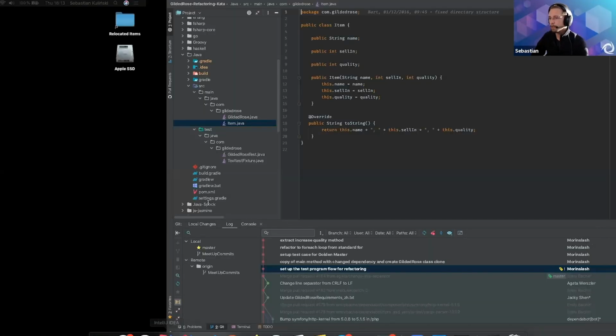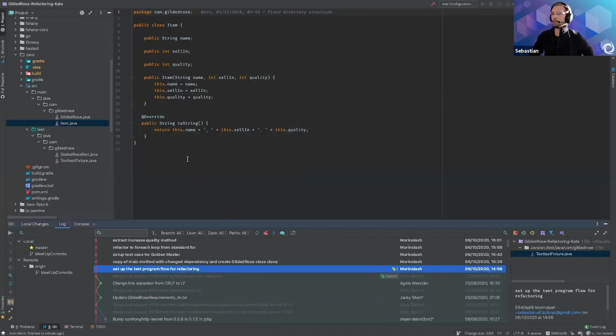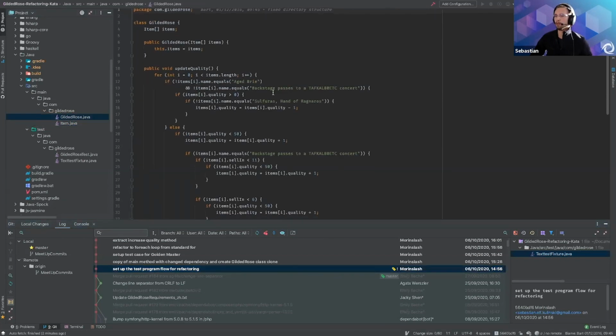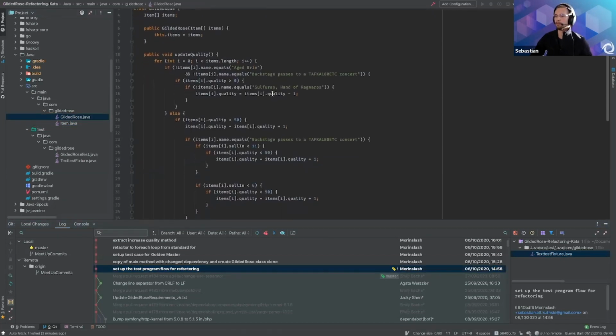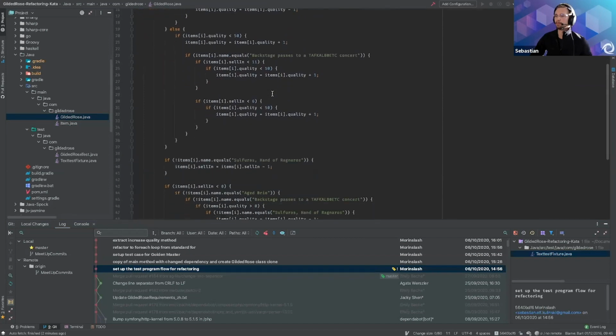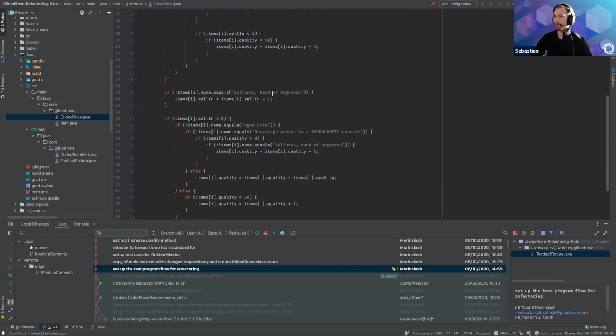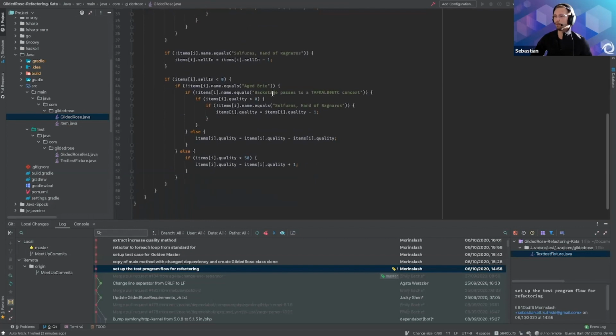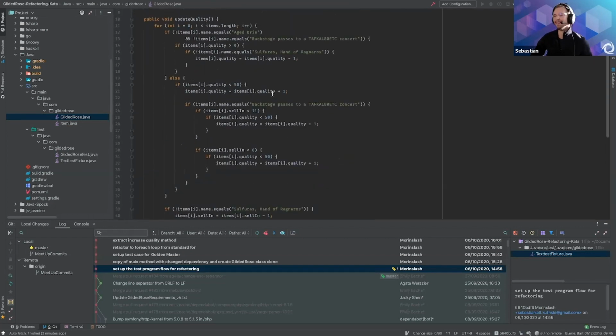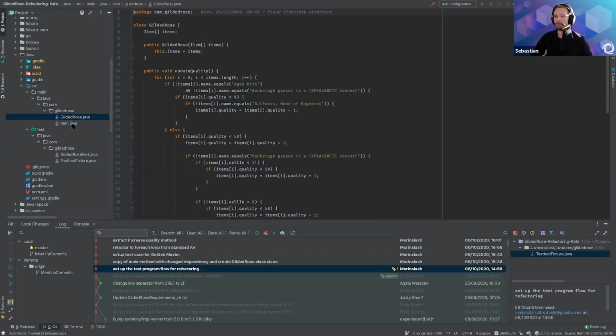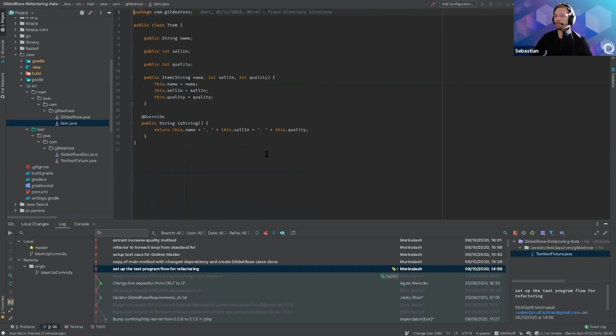Okay. I'll open my IDE. And this is the starting point of the exercise. We have this beautiful code that we need to refactor. I hope that we all agree that there's some work to do with it. One of the restrictions is that we have an Item class, and we're not allowed to touch it.